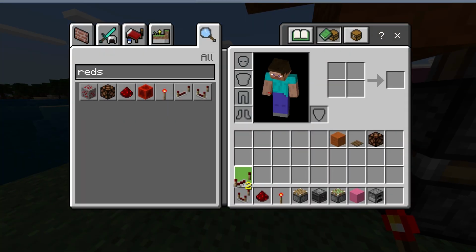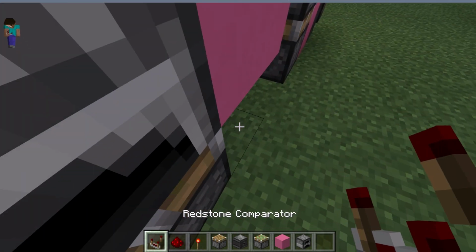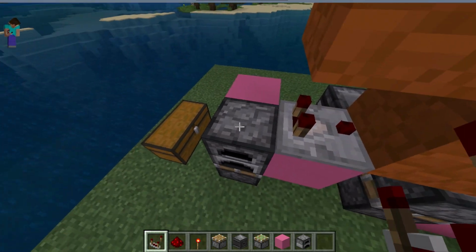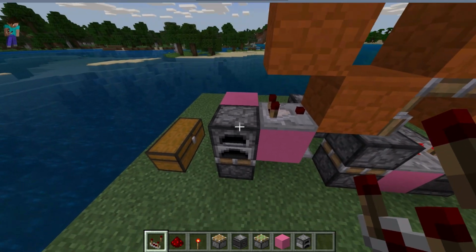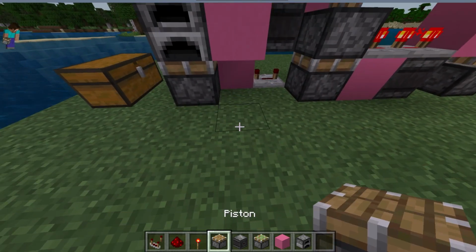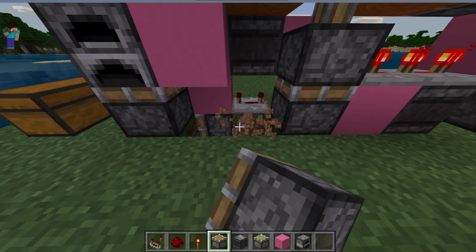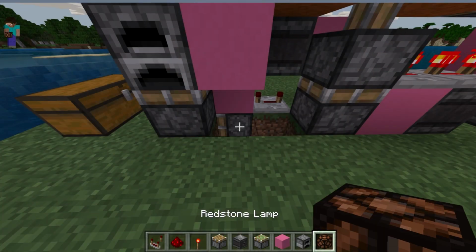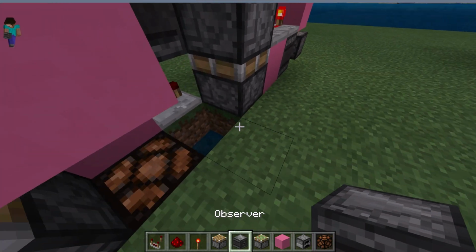Then grab out your comparator, place the comparator facing going into that block there, so this larger bit is coming out of the direction your furnace is in. Then break these 2 blocks here, and on the first block, replace it with a redstone lamp. And on that second block, place an observer,